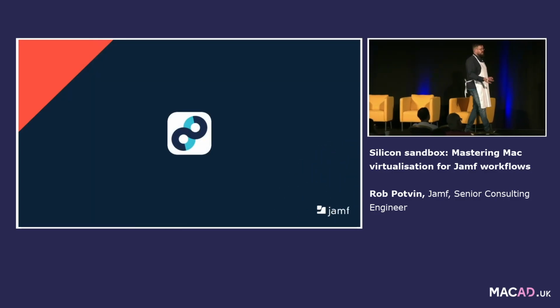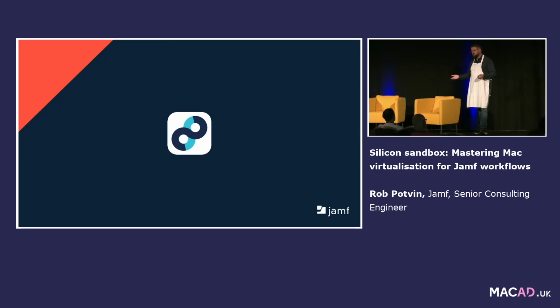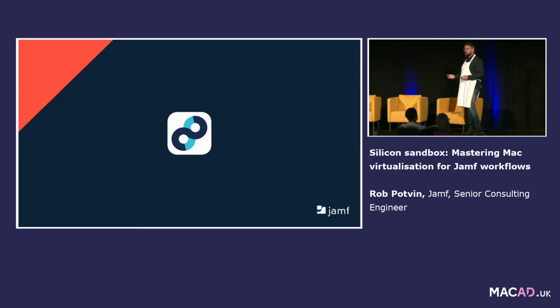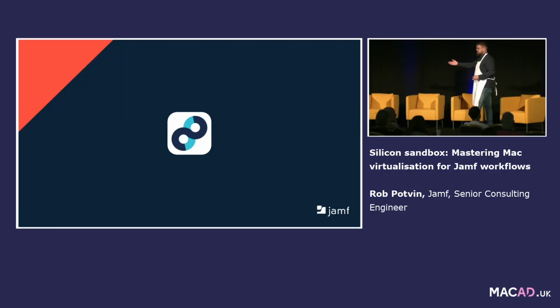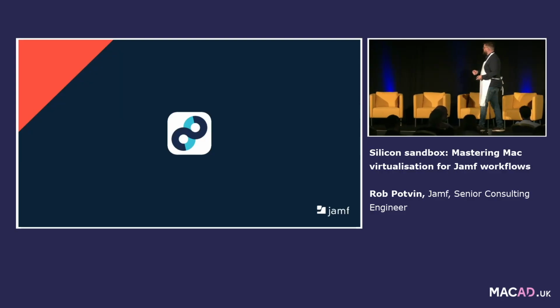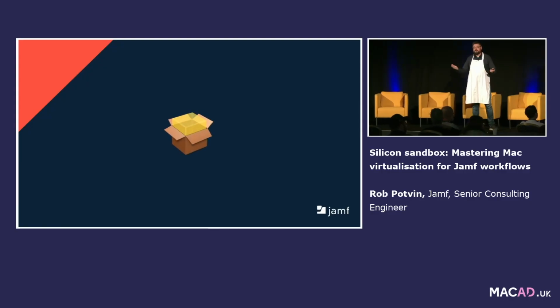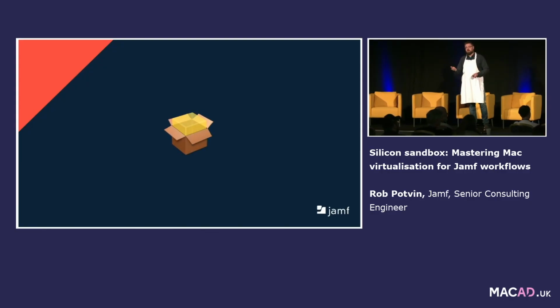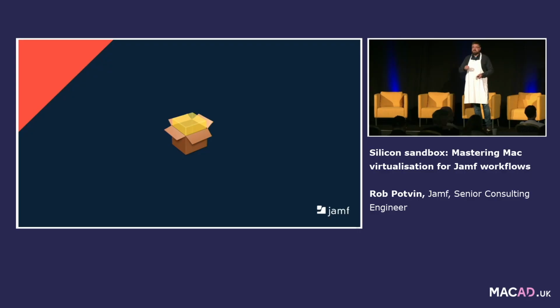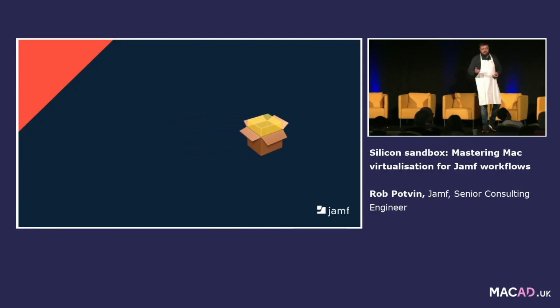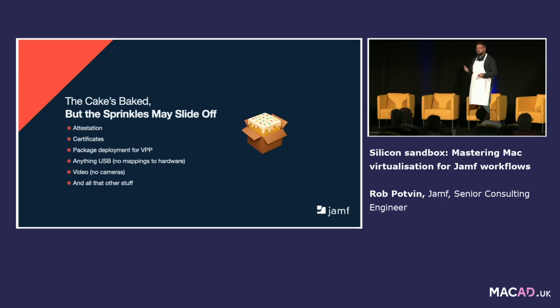Some workflows require a VPP app. Jamf Trust only exists in VPP. I would like to test some of those workflows, right? VPN still works in a VM. So with Jamf Trust, sometimes you can just take it, package it, deploy it, and it'll still work. If you have a VPP app that's deployed, you could try to package it up just for that testing workflow. Add it to an enrollment policy for the VMs, so the VMs come in, enroll, and get what you need. That will still work. It just needs a little bit of icing to get it to work, but you can still deploy that package that you want.